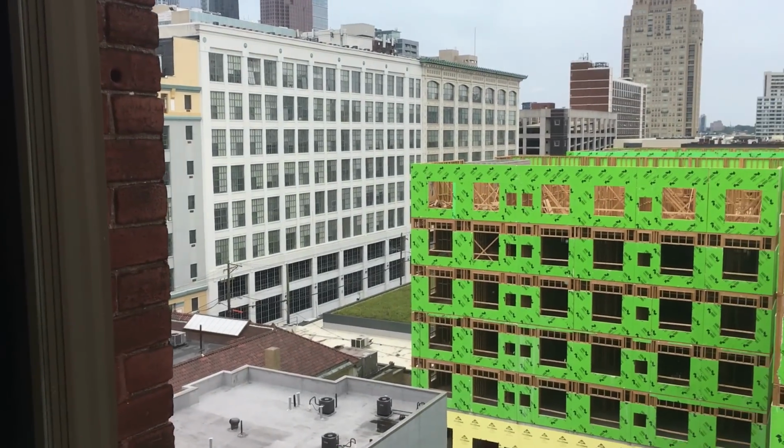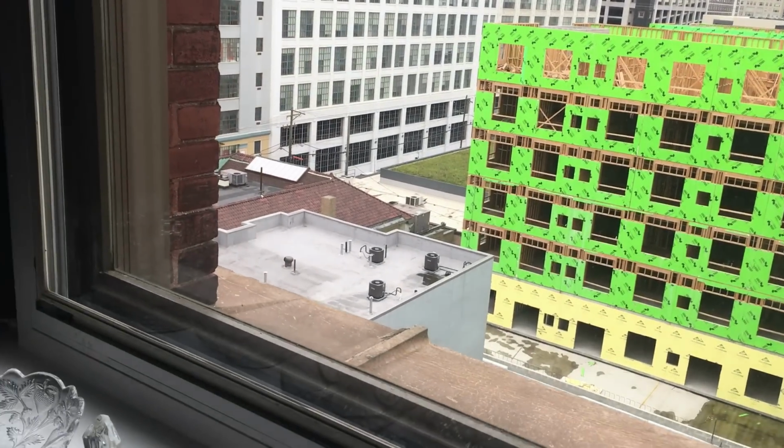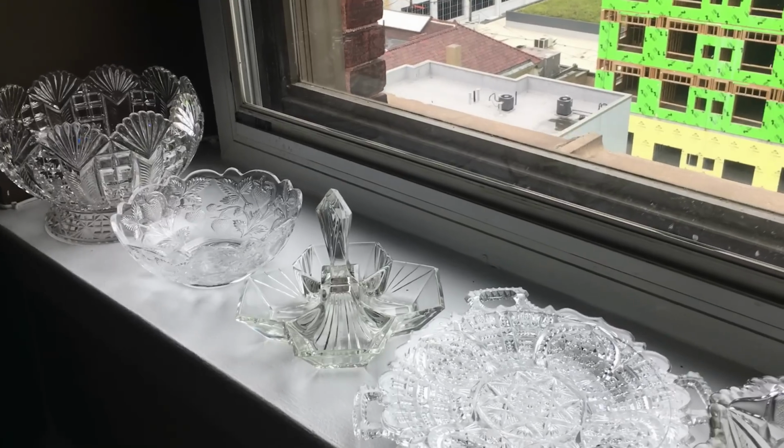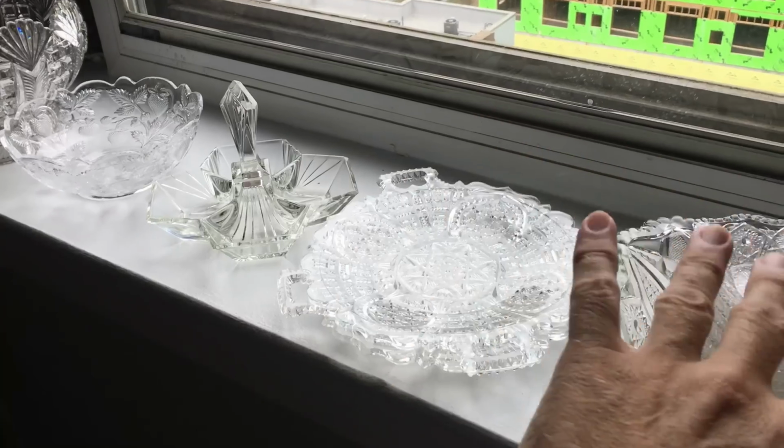We're going to talk about some glass, and I'm going to show you some things that are new in the Old Curiosity Shop for sale right now. Pardon me. Now, I got all choked up there. All of these pieces of glass that you see here